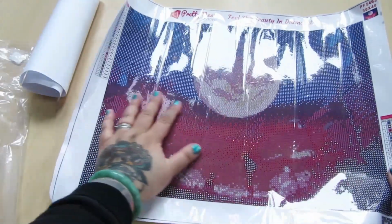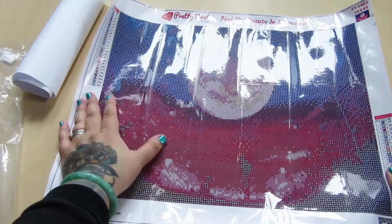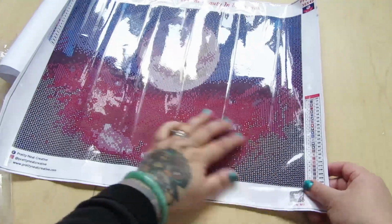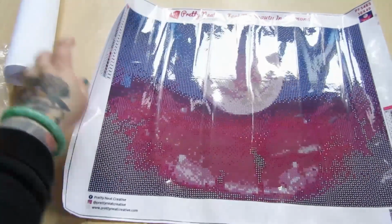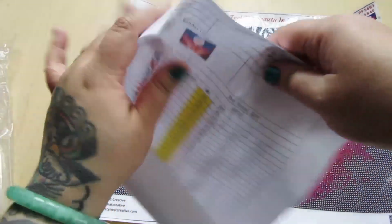But their canvas feels like I've never felt a canvas like this before. It's very soft. It is poured glue, sticky, but their canvas is really soft and the back feels like felt, which is pretty neat. Pretty Neat Creative. So here we have an inventory sheet,